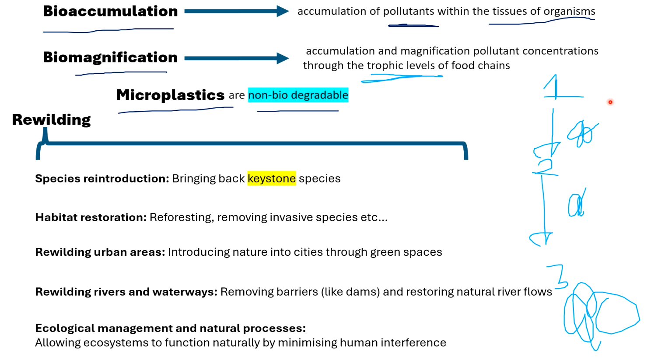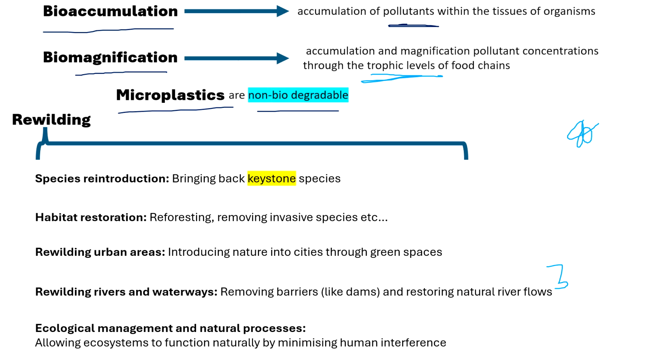1 accumulates plastics, 2 is also accumulating plastics, and not only is 2 accumulating plastics, but then eats 1 and has even more plastics. And then 3 is accumulating plastics at the same time and then eats 2, and there's a lot of microplastics in the end. So it's accumulating for every single one, and through the trophic levels, it is magnifying, it is increasing, if that makes sense. Any questions can go in the comments. But anyways,